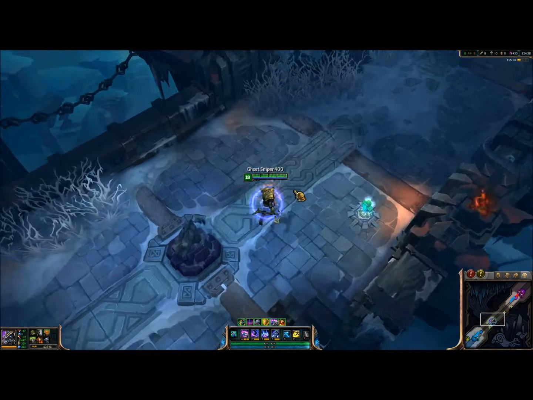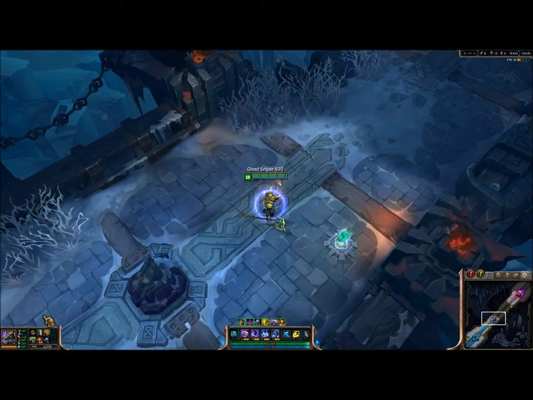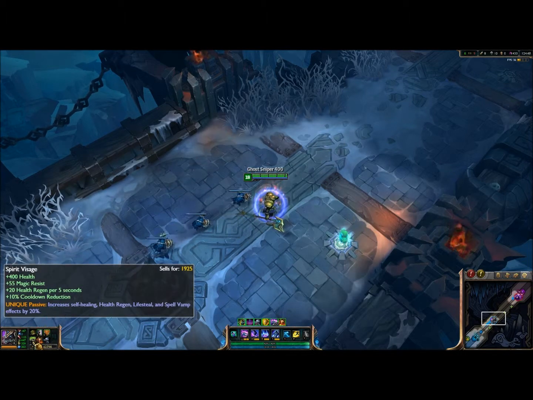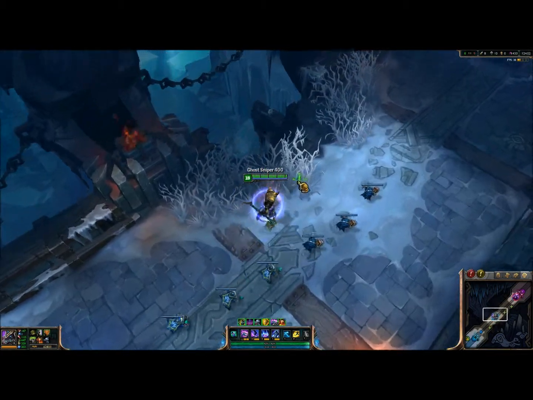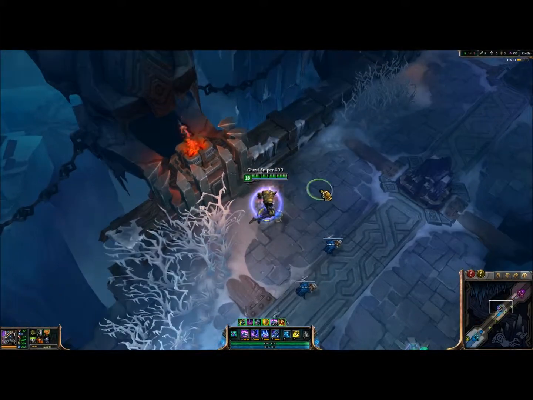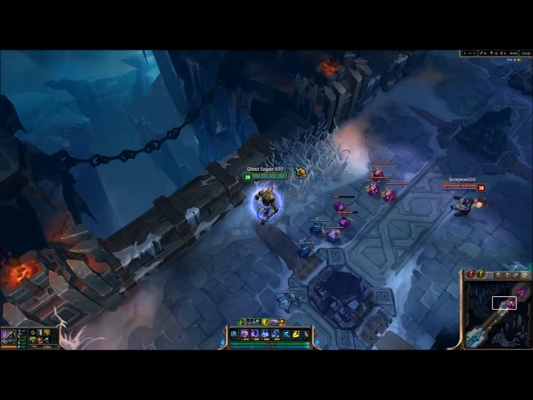Alrighty, so now we traded out our builds for different builds, but they work just the same. As you can see now, my build consists of Ninja Tabby, Randuin's Omen, Locket of the Iron Solari, a Spirit Visage, Sunfire Cape, and Banshee's Veil. I have roughly over 4,000 health, and my Qs will still deal that 4,500 damage, so...